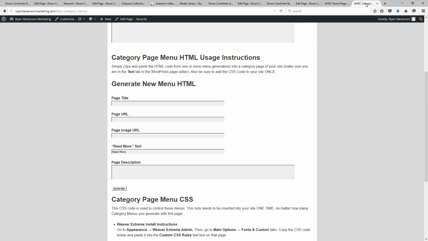So if you wanted to use that on your home page, maybe you only had 2 categories on your site, and so you couldn't use the home page menu generator because you don't have a multiple of 3. You could just use this 2 times and put that on your home page. I use this though for my category pages to add links in to the individual content pages that I have